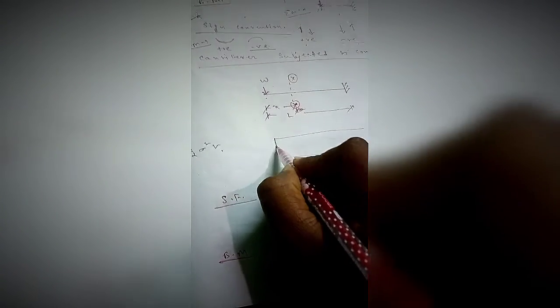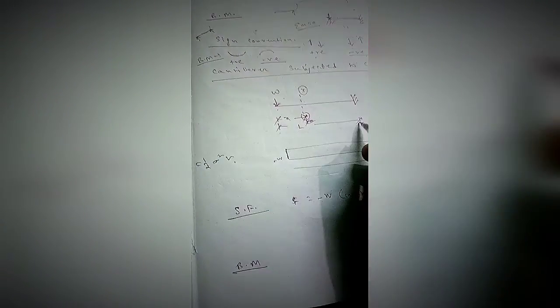Now sign convention: if it is a section, so section leftward, it is downward. Leftward downward means what? It will be negative, so it will be minus, and the variation will be constant because there is no variable. So this is the shear force, and what will be the diagram? It is constant, it will go downward, minus W. Suppose minus W value is up to that much, and it will go towards all the length of the beam, or all the length of the cantilever. So this is negative shear force. This is the shear force diagram.